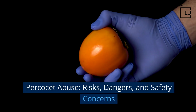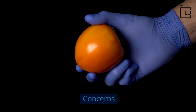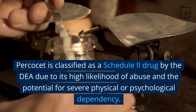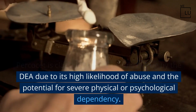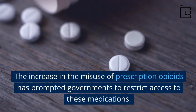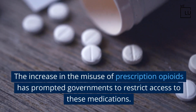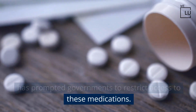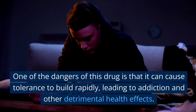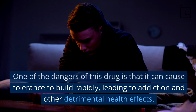Percocet abuse. Risks, dangers, and safety concerns. Percocet is classified as a Schedule II drug by the DEA due to its high likelihood of abuse and the potential for severe physical or psychological dependency. The increase in the misuse of prescription opioids has prompted governments to restrict access to these medications. One of the dangers of this drug is that it can cause tolerance to build rapidly, leading to addiction and